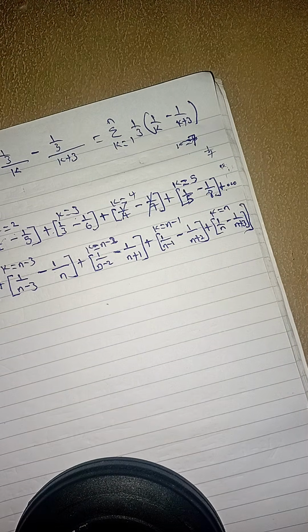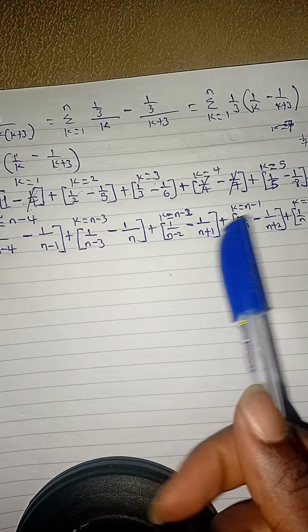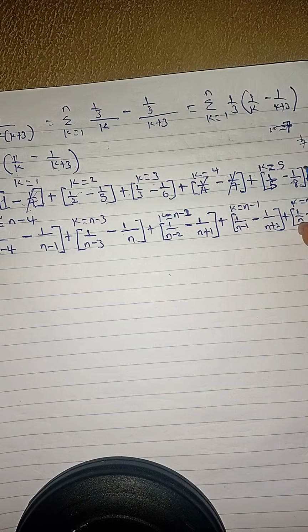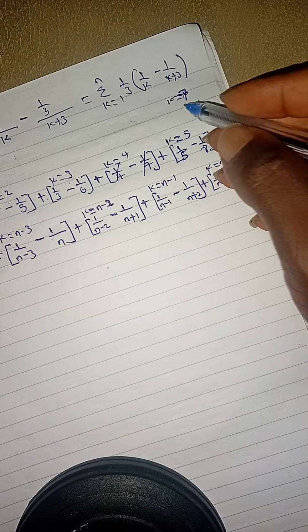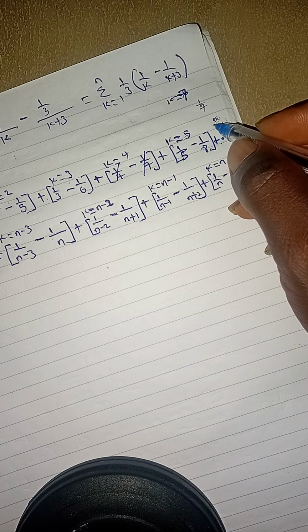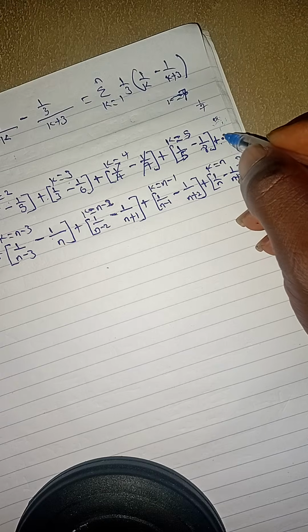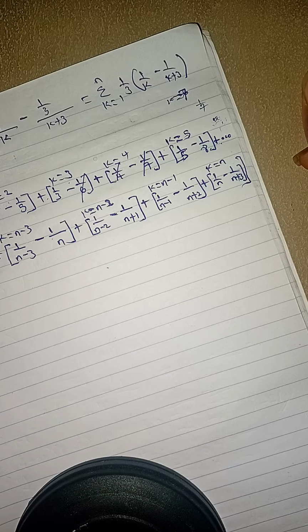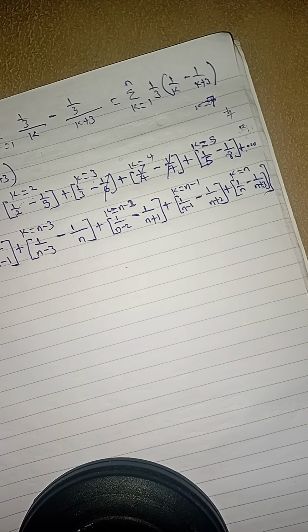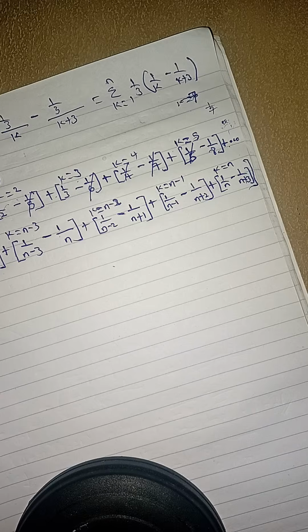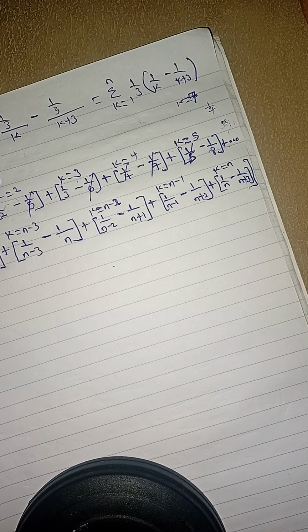Now, we are done. Now check everything. And don't forget, when k equals to 6, the next term here, after 5, when k is now 6, you will have 1 over 6 first. That 1 over 6 will cancel this minus 1 over 6. Is that clear? So, this 1 over 5 cancels this minus 1 over 5. Can we see that? It's beautiful. Now, the problem now is, it's not even a problem.